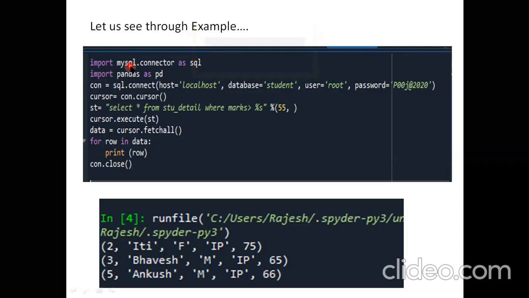Second step, it says connect to the database, open your connection. So we know that for opening our connection, we use the .connect method, repeating the previous lecture's theory again. That for connecting, we use the .connect method, and .connect will be used with SQL because it is a part of MySQL.connector. It will be SQL.connect, and it will take four arguments. One will be your host equal to localhost, which is the default for all MySQL software. Next is your database, for which you give your own database name. Then the user root. If you do not provide any username while installation, by default it is root.